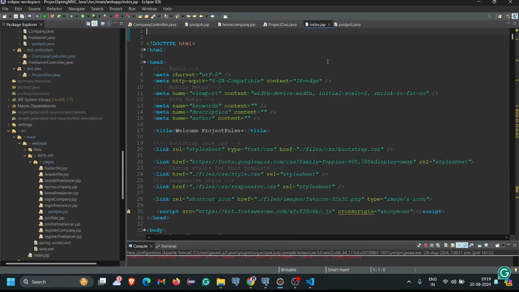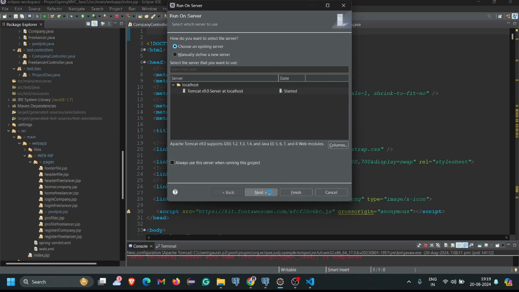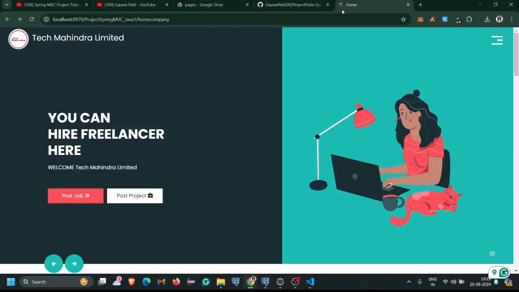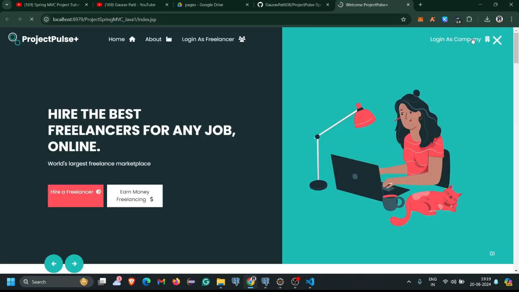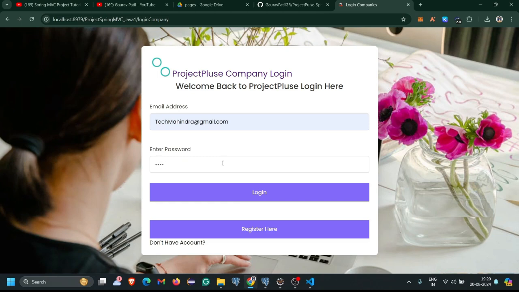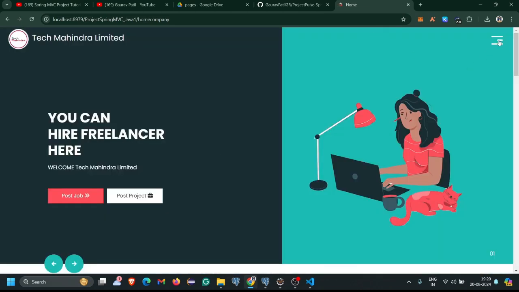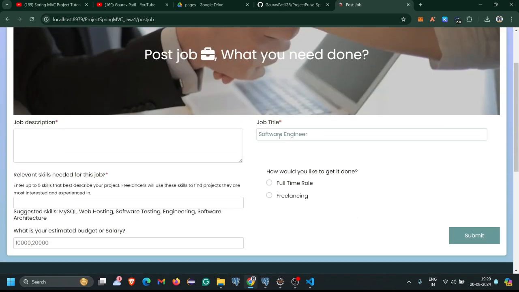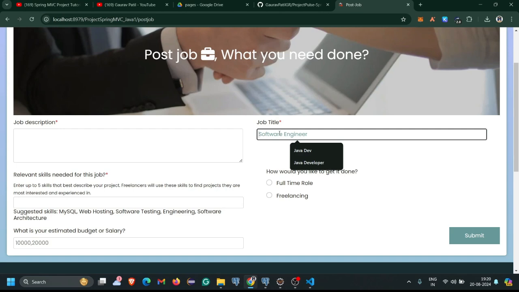So I simply rerun our project, run on server Tomcat. Next, and click on finish. Let's check whether it is working or not. I simply wait here and remove our previous project from here. So I'm logging in as the company. Take Mahindra here and the 4545 password, click on enter, and here you can see I successfully logged into my account. So I click on post job, and from here I'm posting one more job,